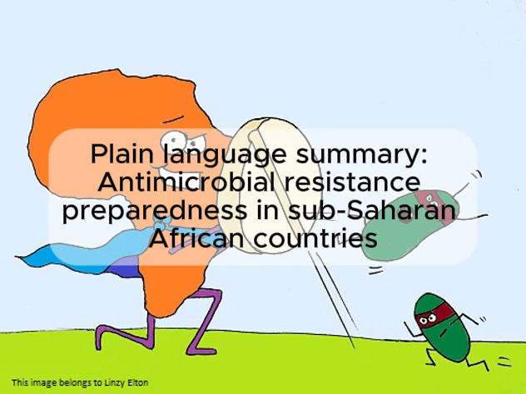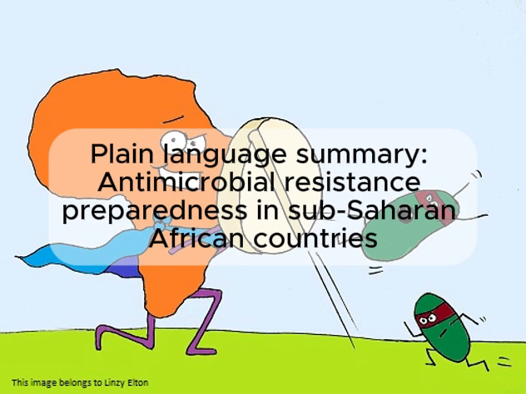So we'll start off with the background. And we know that antimicrobial resistance, or AMR, is of growing concern globally because there are lots of countries reporting a rise in the number of resistant bacteria, fungi, viruses, and parasites that they are recording. So much so that there have been multiple global reports on the current situation. And a really good one is the O'Neill report. And this is really, really important. And there's a link to that on the blog.